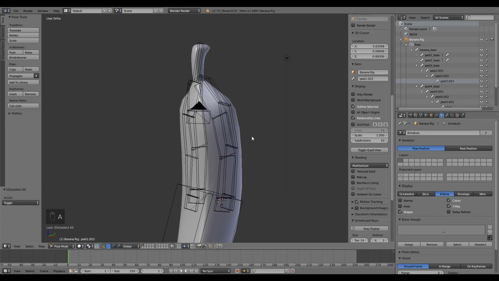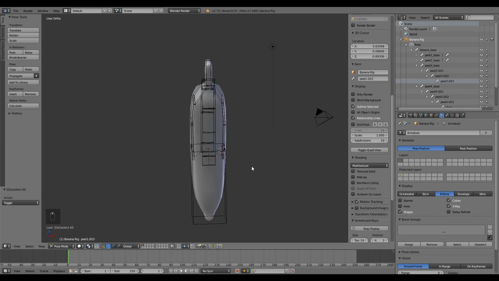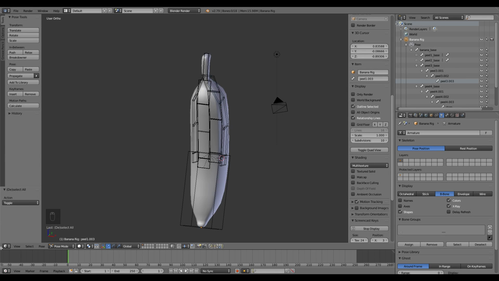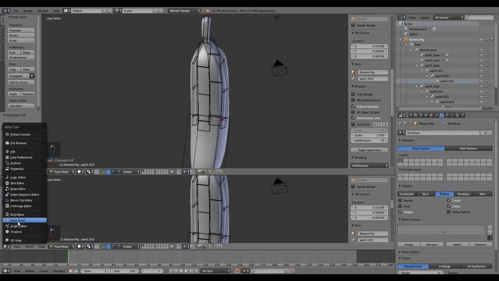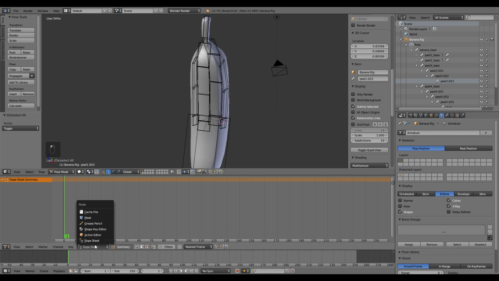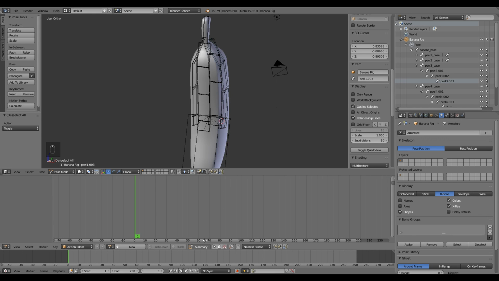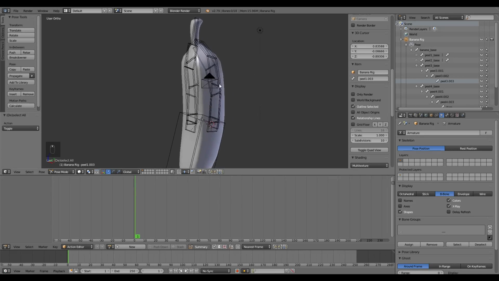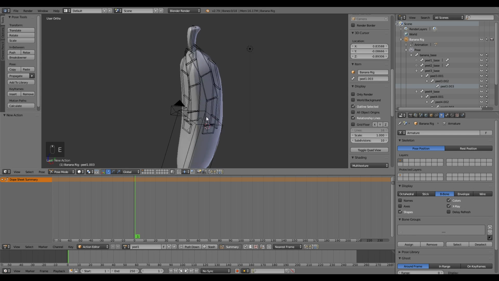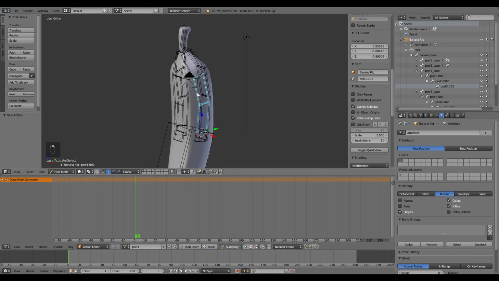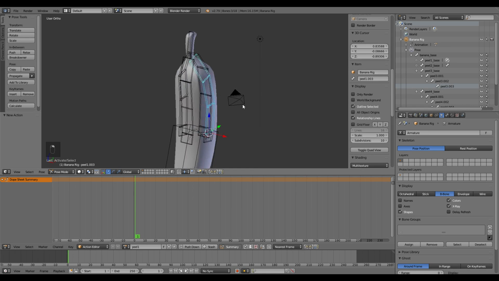So anyways, we got the rig done, so let's add in, I'm going to expand this window, just go over here, these diagonal lines, click and drag, and we're going to open up the dope sheet, and then switch to action editor. So I'm going to make some actions for these banana peels. Say new, and this one's going to be peel 1. Okay, so grab peel 1 and all the sections of it. I'm going to hit I,